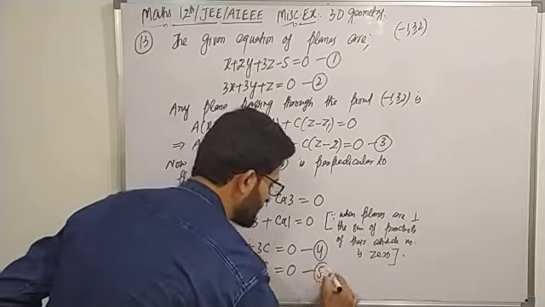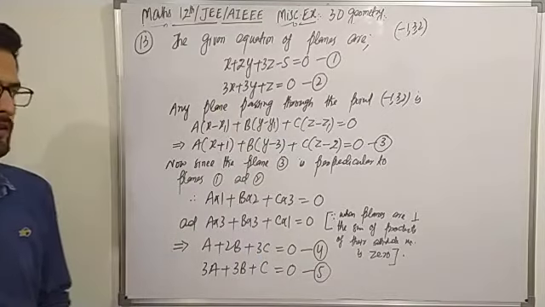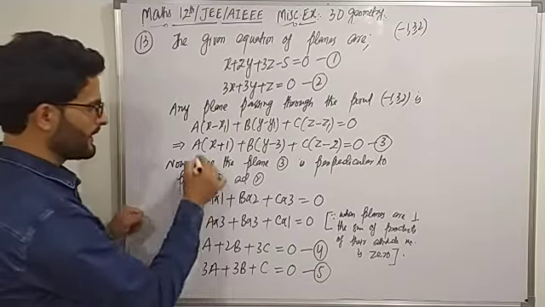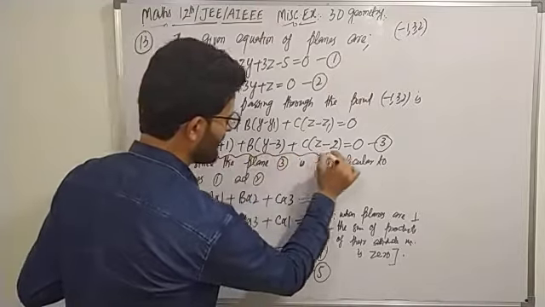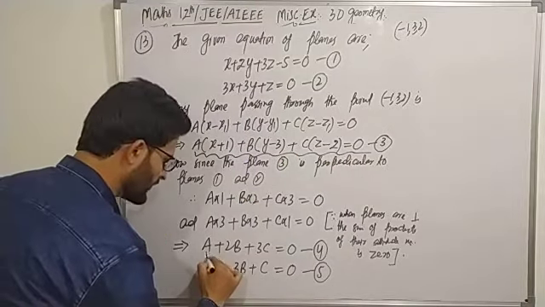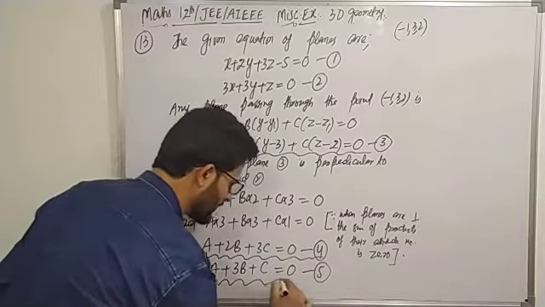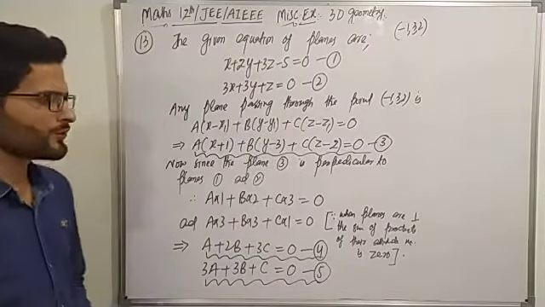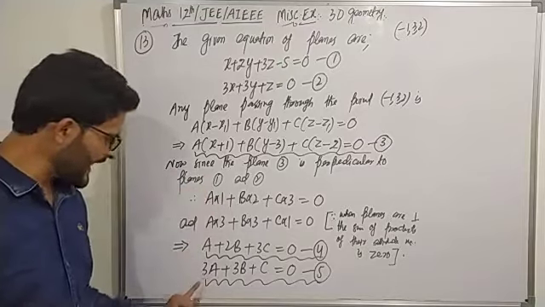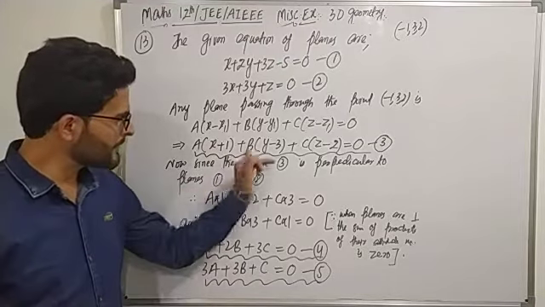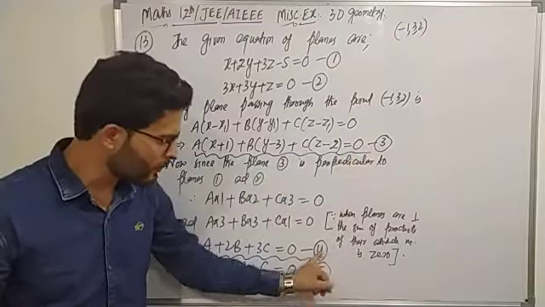We are keeping that as equation number 5th. Now in equation 3rd we have A, B, C, in equation 4th we have again A, B, C, and in equation 5th we have again A, B, C. So we will eliminate A, B and C from equations 3rd, 4th and 5th